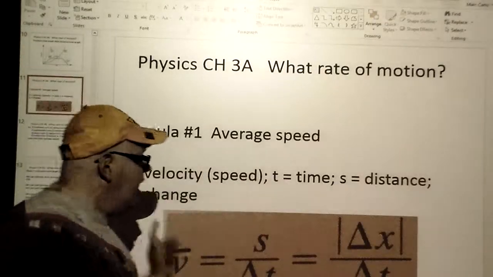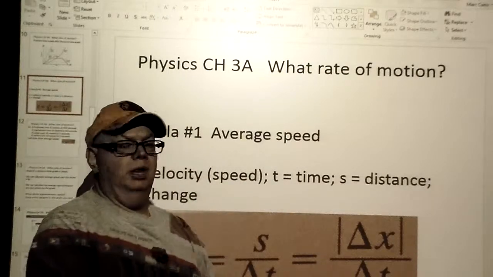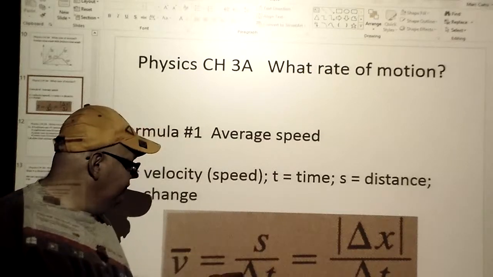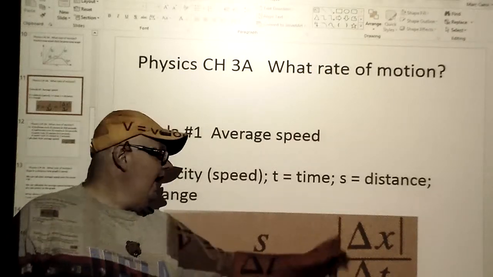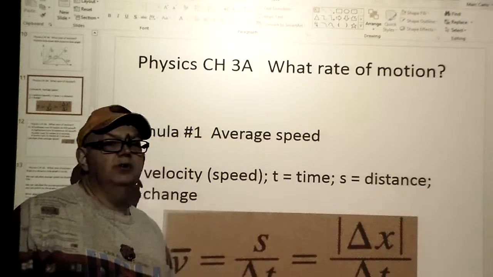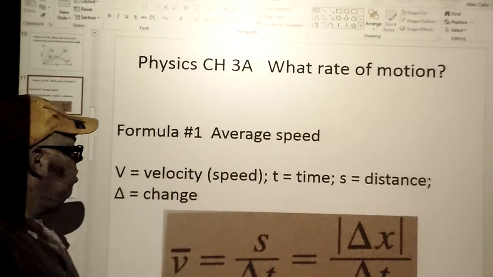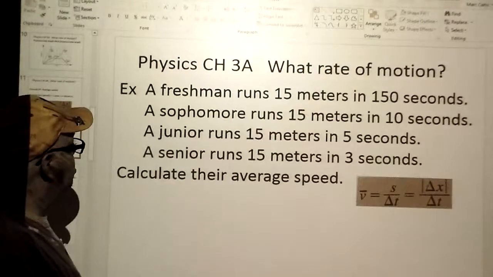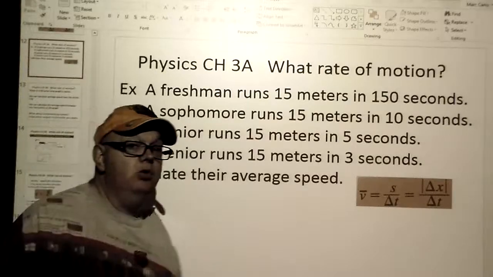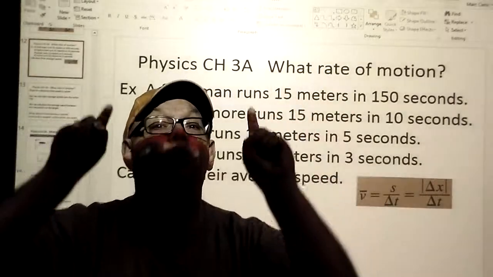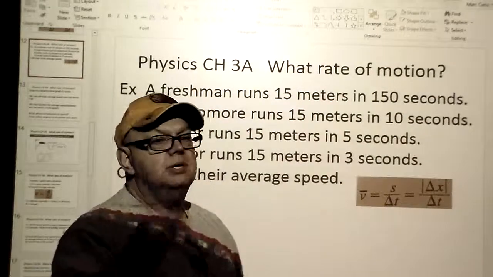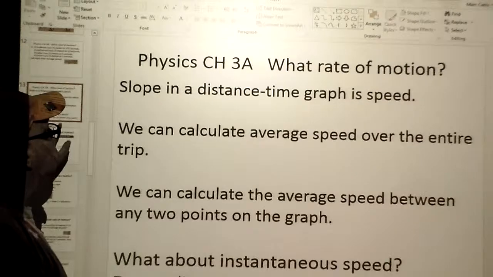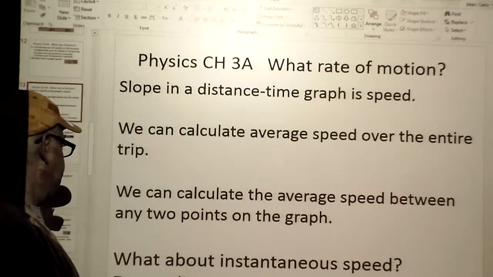Okay, formulas. Here we go. You are so getting the formulas, okay? So average velocity is our distance divided by the change in time, or the absolute value of delta x over delta t. You'd say, but wait, what is the delta x? You could look at that as position, okay? So we did some examples in class. Hopefully you were paying attention and you actually worked the examples on your notes, because that would be a useful thing to have, okay? Moving on here, okay.